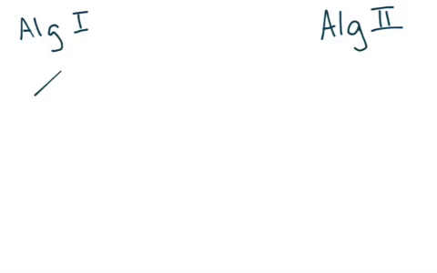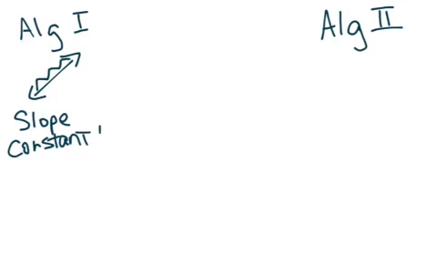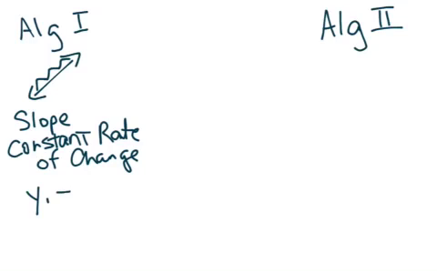Alright, in Algebra 1, we dealt with straight lines, linear things, and when we looked at the rate of change on a linear graph, we were always talking about what we called a slope. A slope is a constant rate of change. And if you remember correctly, our equation or formula to find slope